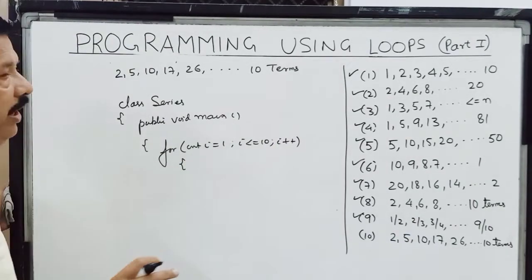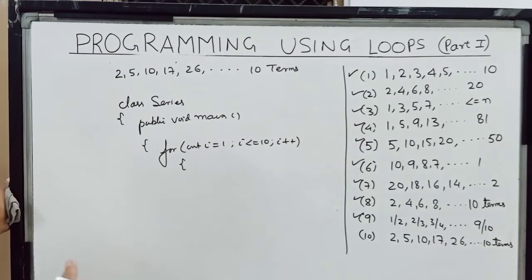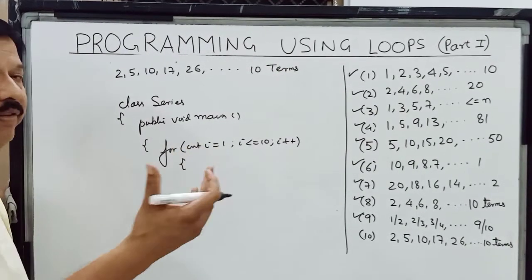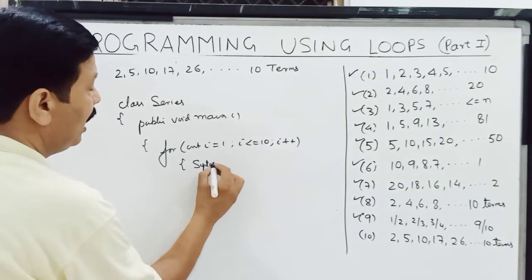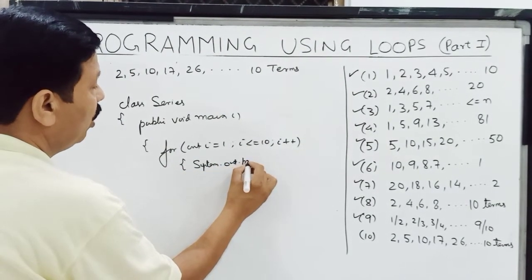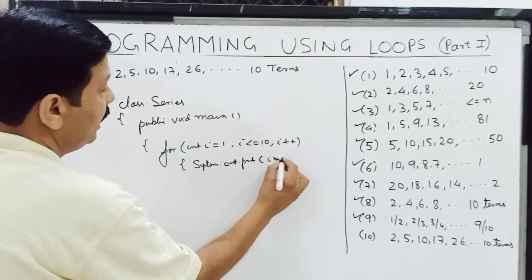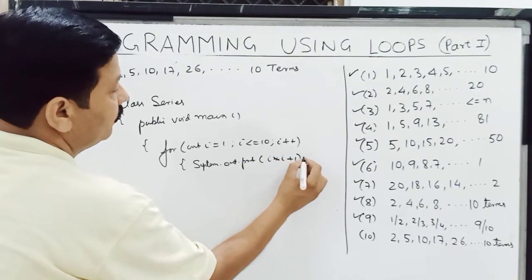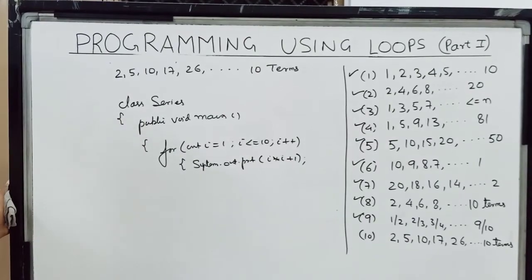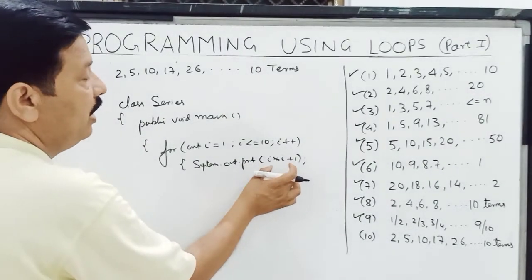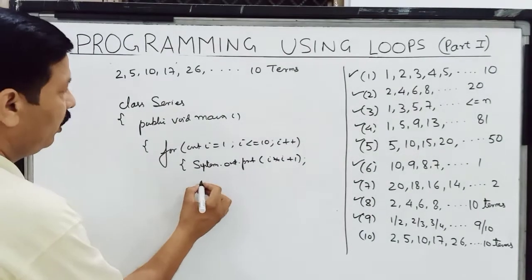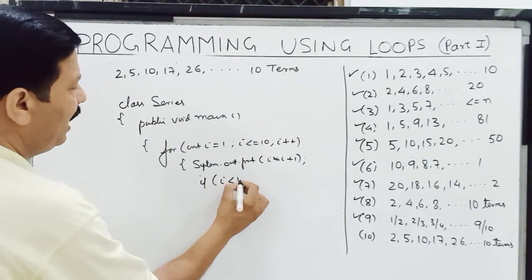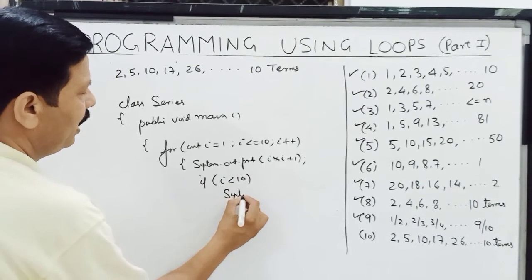Now children, one point I told you yesterday in my last video, that we can use the control variable within the loop. So what I am doing over here is, I am saying system.out.print I into I plus 1, that is square plus 1. So I have squared a number plus 1, this value will get calculated, and then it will get printed. Now children, for the comma, I say if I is less than 10, I print a comma.